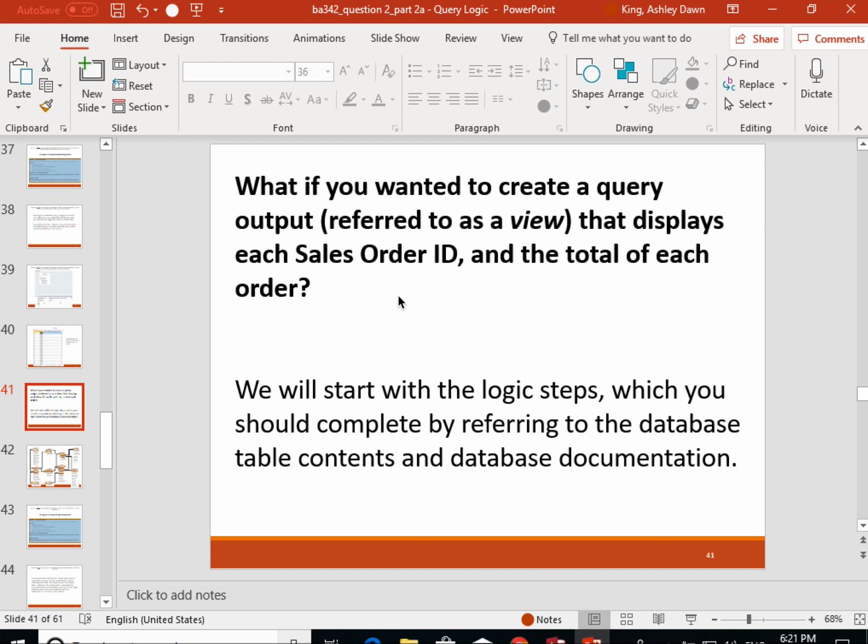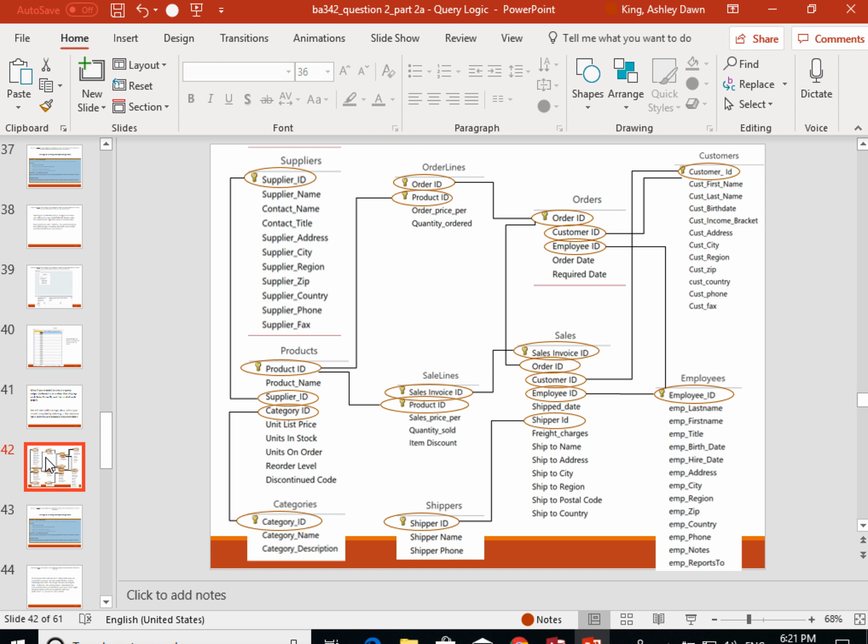If you wanted to create a query that displays each sales order ID and the total of each order, we've done this a couple of times in the sales table, but now we're going to do it for orders. So let's take a look at the next slide, and you'll see this picture that I keep discussing with you and that we keep talking about in class of how the tables are linked together. So if we need a total of each order